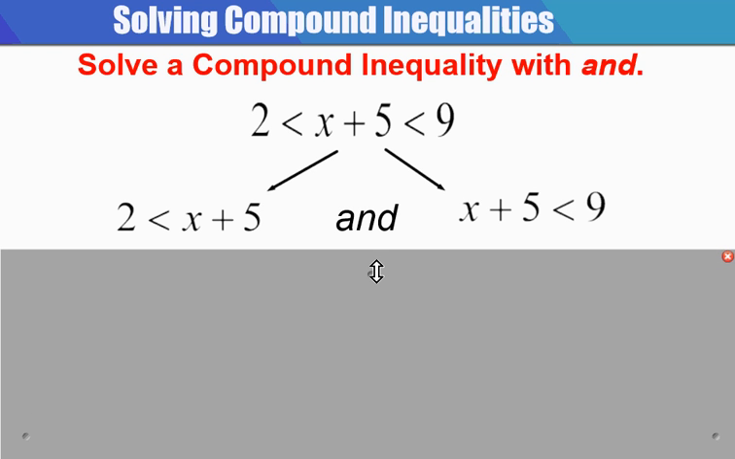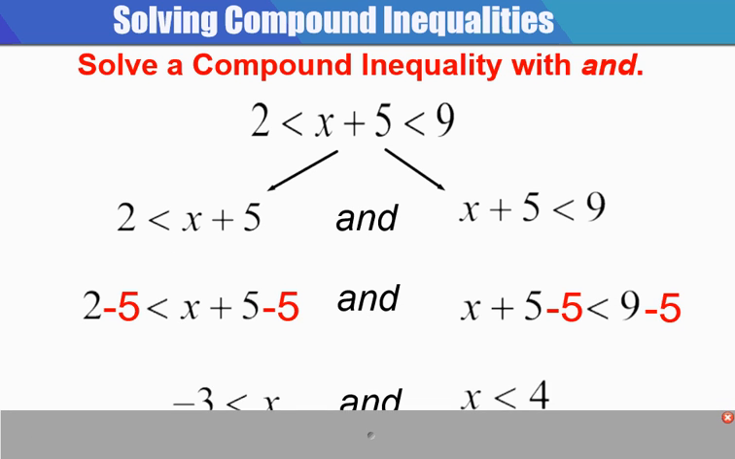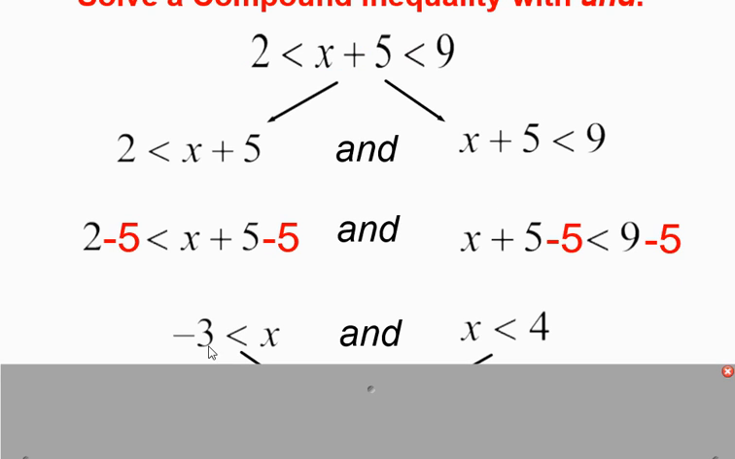So I'm going to show you two ways of solving an and. This first way is a little longer, but it'll make you appreciate the shorter way here in a moment. So I can split this into two and statements. 2 is less than x plus 5 and x plus 5 is less than 9. Now I just solve them individually. How do I solve them? Subtract 5 from each side. Over here on the left, I'm going to end up with negative 3 is less than x. Over here, if I subtract 5 from each side, subtract 5 as shown in red,